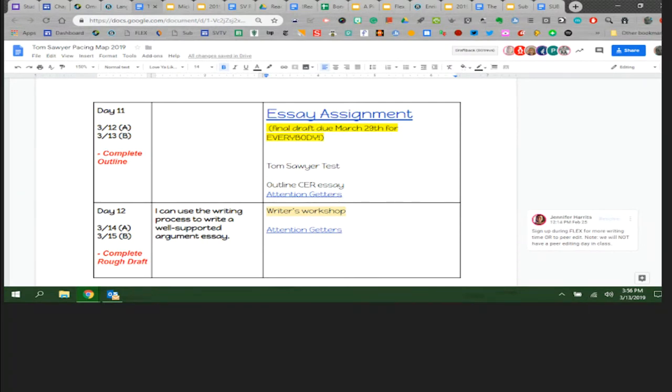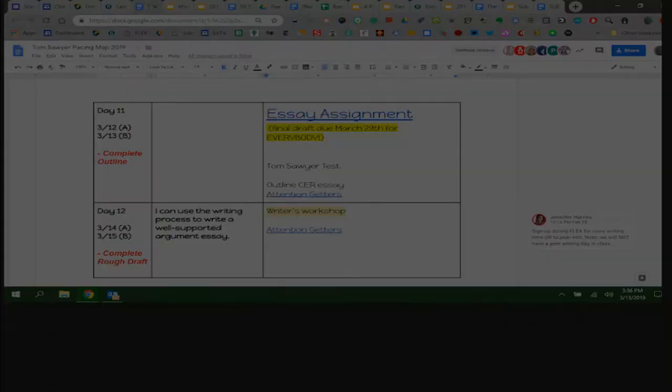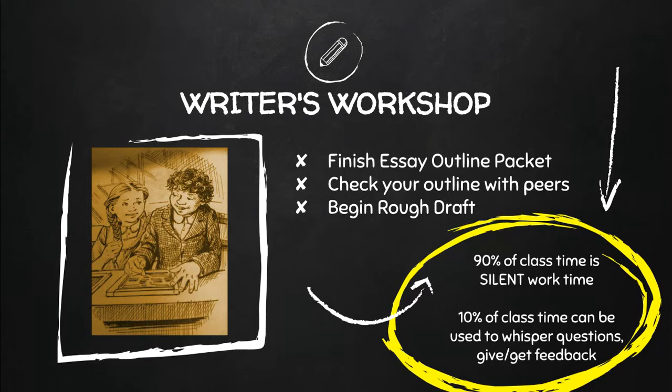The final draft of this essay will be due on March 29th for everybody, whether it's A day or B day. I want to make sure that you're done by then, and I can really assess your writing from there. So make sure you know that, and you'll have some time after break to get this done. But as I said, we won't have a ton of class time to work on this beyond the time that I'm giving you today. So check out that document, and what we'll be doing here is finishing your essay outline